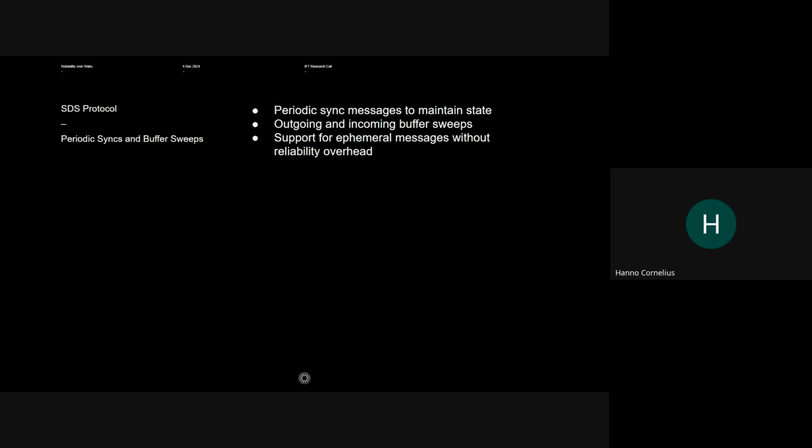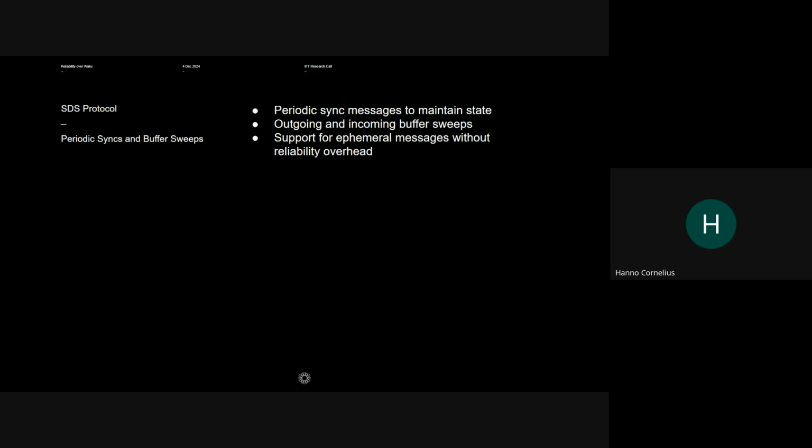Just some features of the SDS protocol that didn't neatly fit any of the other slides. If we just piggyback on existing messages in the group communication, the protocol might behave very slowly, right? We might want to have more periodic sync messages, which don't contain any other content, but are only there to maintain state and reach consistency a bit faster. So that we have addressed in the protocol as well.